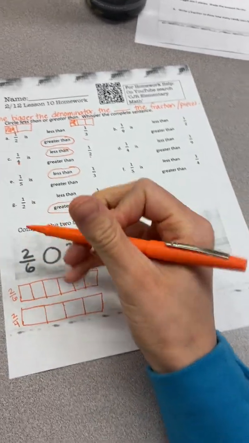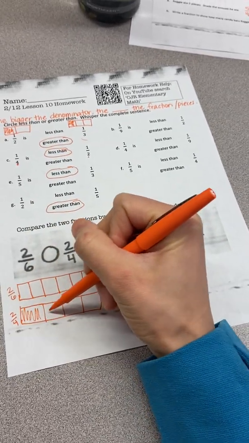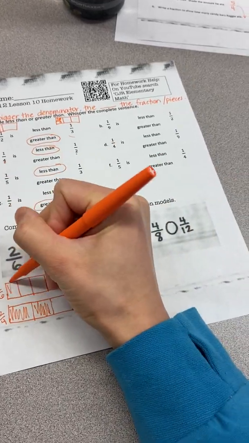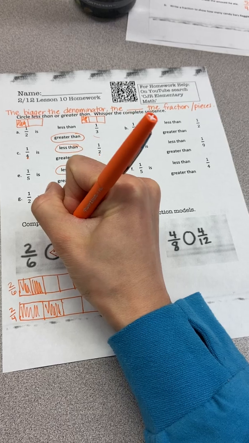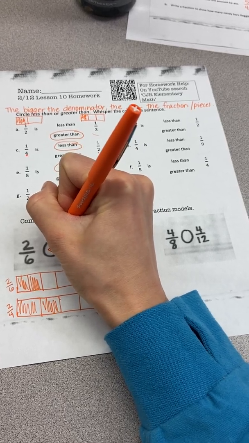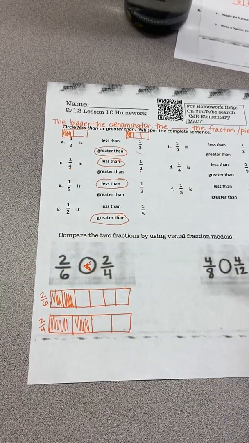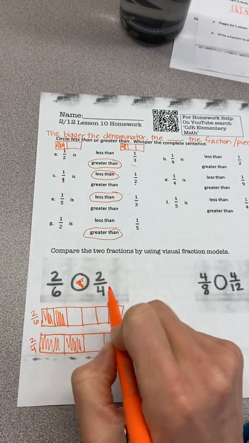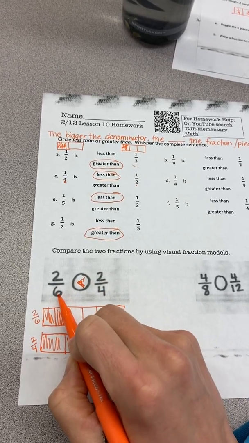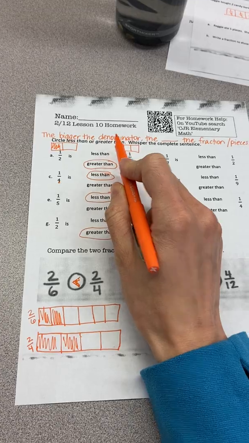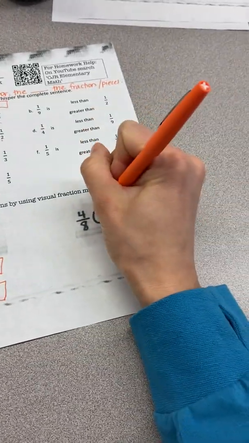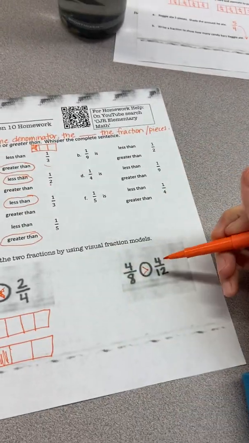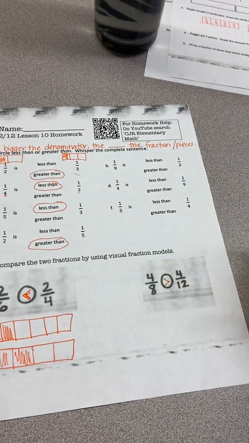Now I have 2 of my 4ths and 2 of my 6ths. I see that 2/4 is greater than, or my monster mouth is eating, the bigger fraction. A lot of the children, again, should be able to see that if 6 is larger, that this fraction is going to be smaller, which is opposite. So again,